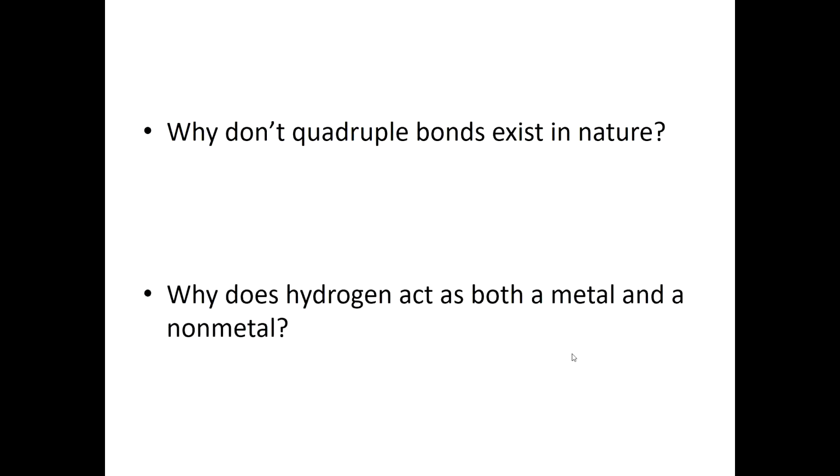And the second question I want to discuss is hydrogen. We discussed that hydrogen is classified as a nonmetal, but it's grouped with the metals. And the reason why is hydrogen can act like both. It can act like a metal and a nonmetal. So my question for you is why? Why does hydrogen act like a metal and a nonmetal? And the reason why is hydrogen has one valence electron. So it can either lose that valence electron to be stable,